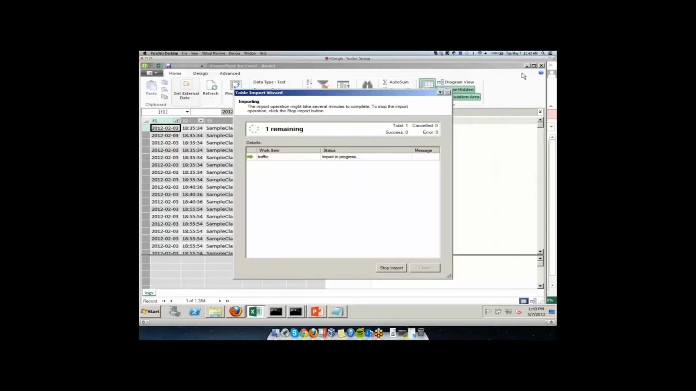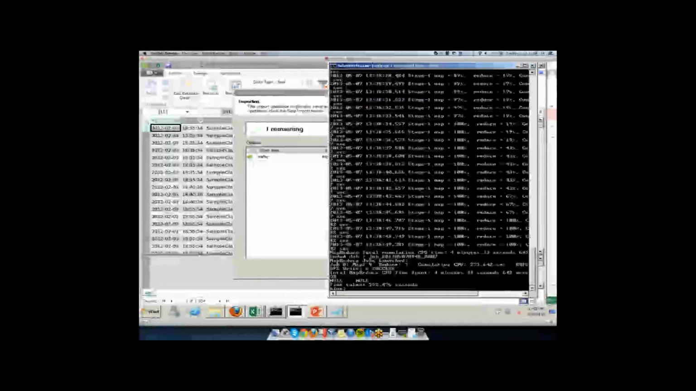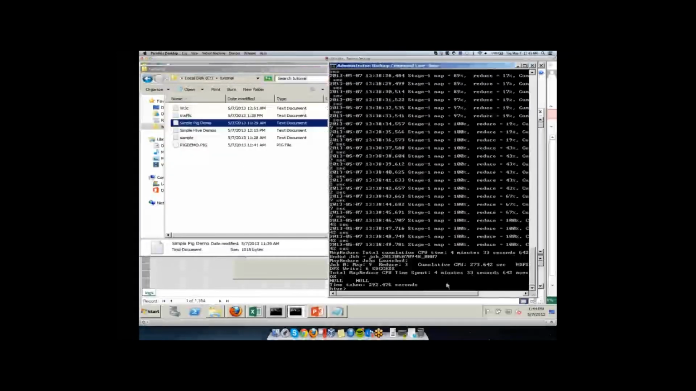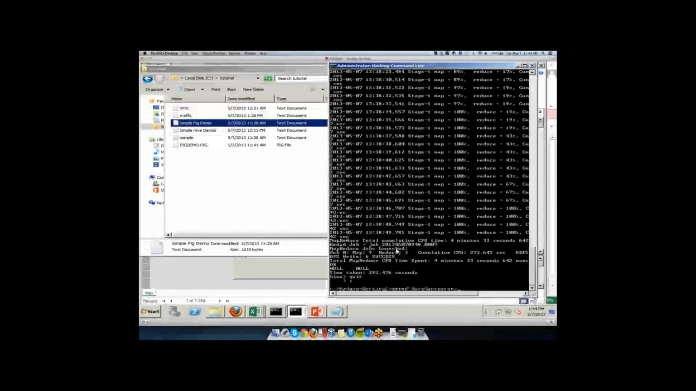So I think this was a 50 meg file, so I'm going to let that run for just a minute. And we're going to come back over here to our command line. And let's take a look at the Pig example that we had. So the first thing I'm going to do is quit Hive,